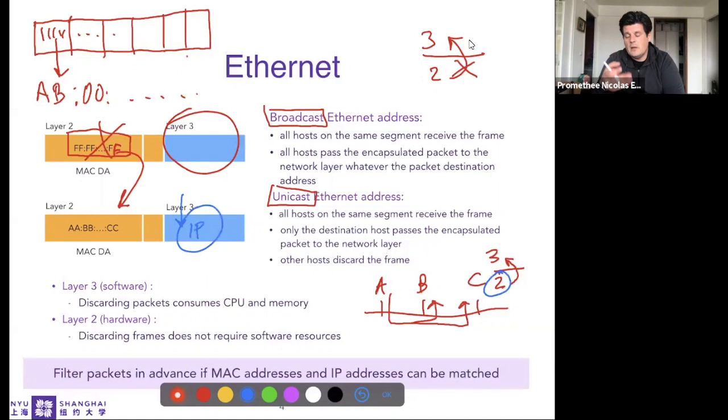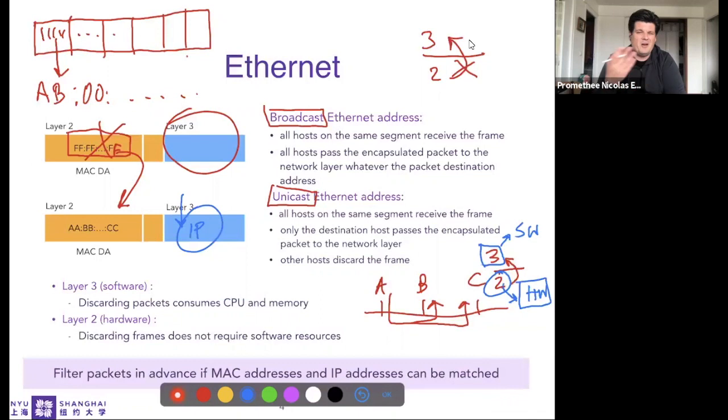And the benefit of this is you should always remember that layer 3 on your computer runs as a software. So it's in your operating system. Layer 2 is hardware. Which means that if I need to filter a packet at layer 3, I need memory and CPU. But if I do the filtering on the hardware, I'm just going to use power. So we're using the MAC addresses just to be able to filter as early as possible the traffic that is